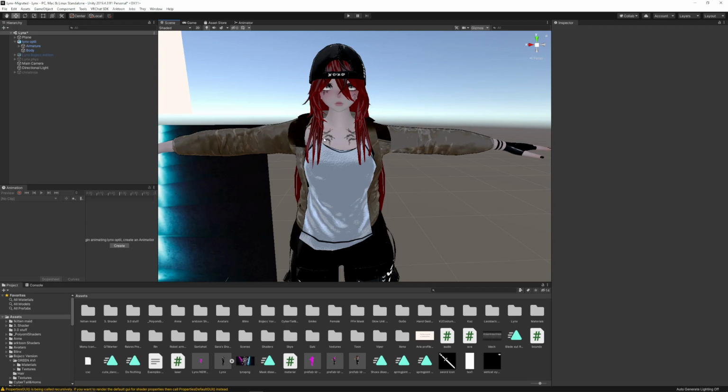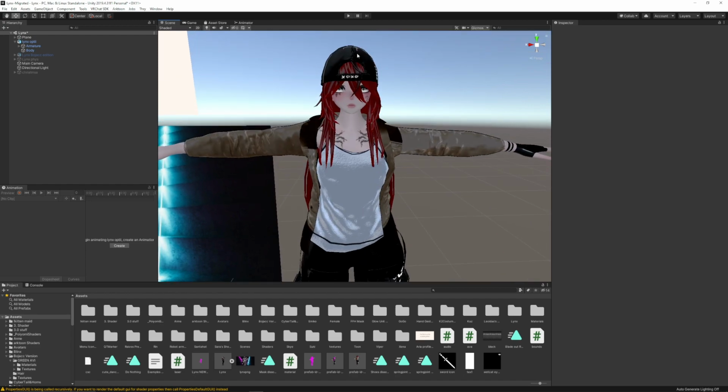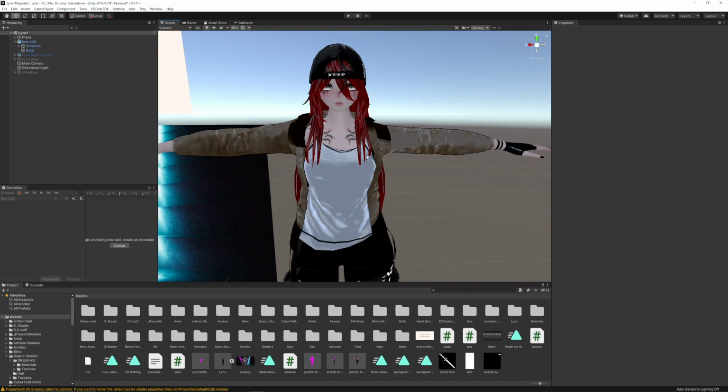So today I'm just going to cover adding a logo or tattoo on your VRChat avatar's body. This can be done for a jacket, shirt, face, body, anywhere really that has an area that you'll be able to edit a texture easily. I'll show you the first way you can check to see if it's a viable area to add a logo